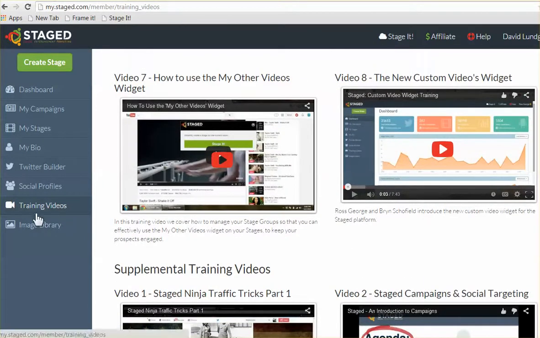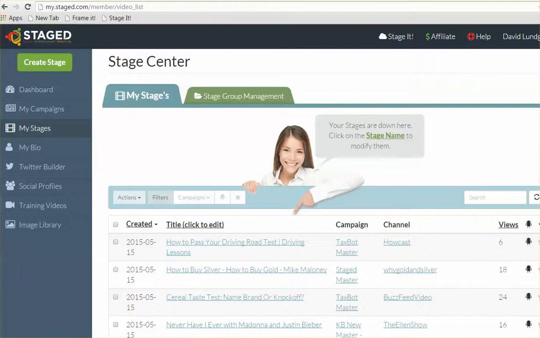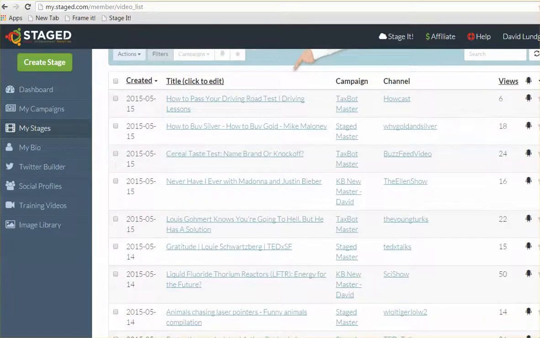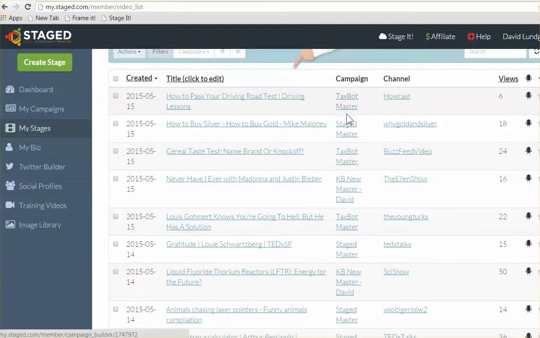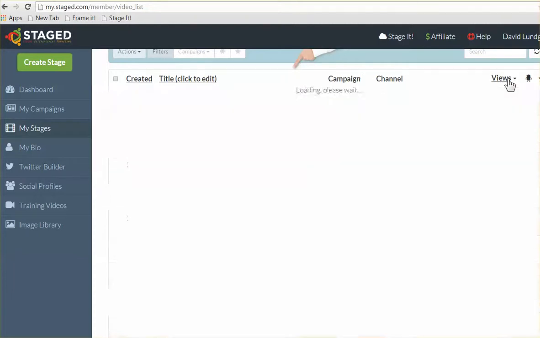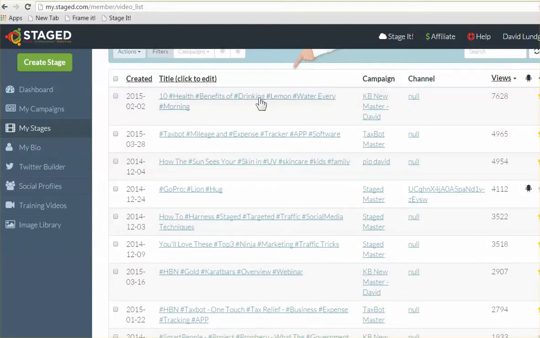So we have image libraries, social profiles, Twitter builder, my bio, stages. Let's end up here with the my stages. You can see right here we've got the campaigns running. We've got different campaigns, the channels where it's pulling from, the number of views. I can actually do this. There's a little trick here. Watch number of views. So you can see which videos right here,